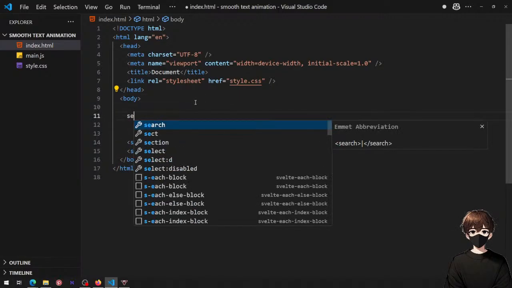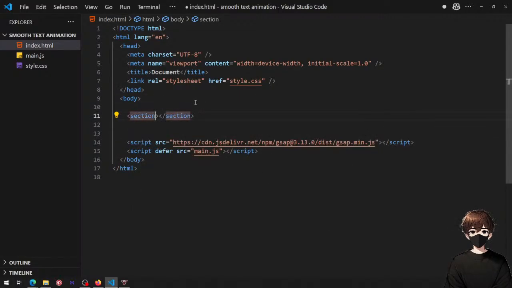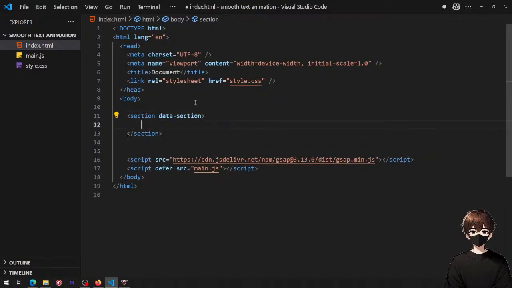So basically we have to create a section. The section is data section. Then we need a container, which is